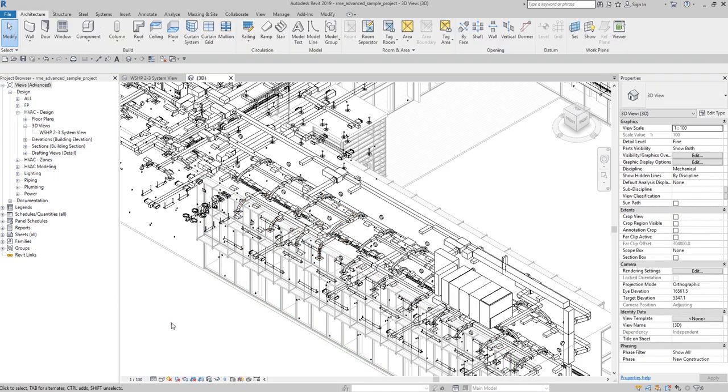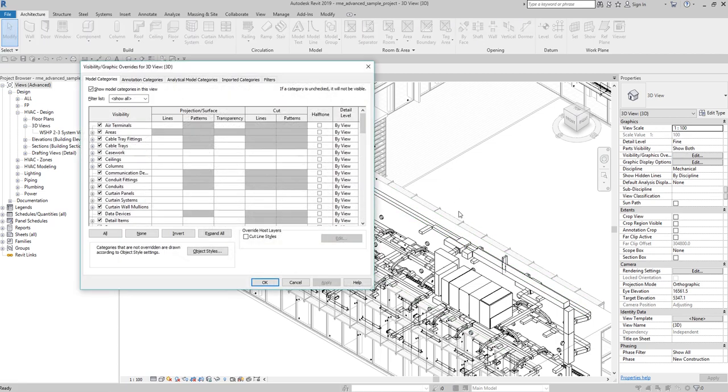Now if you want to control that, so let's say for example you want to change that to color blue, or let's say to yellow or magenta or green or whatever color that you want. If you want to control that filter, this is the right time to go to the visibility graphic overrides. To do that, you can click this tool, visibility graphic overrides, or you can just simply type VV and then